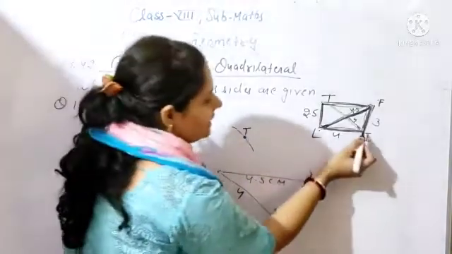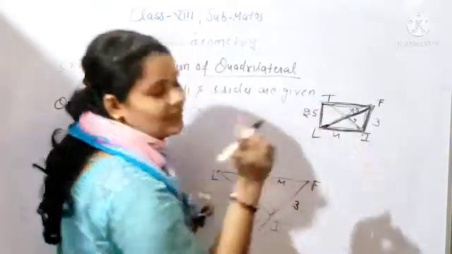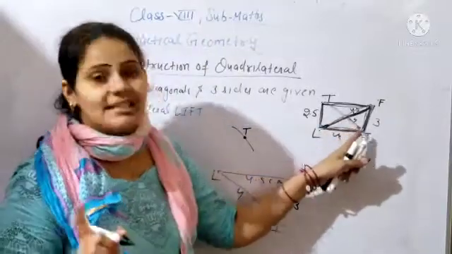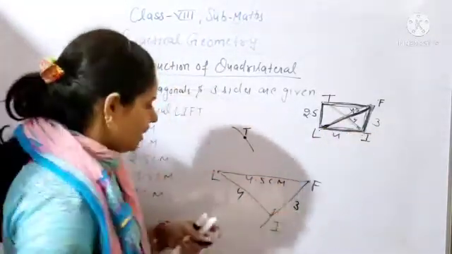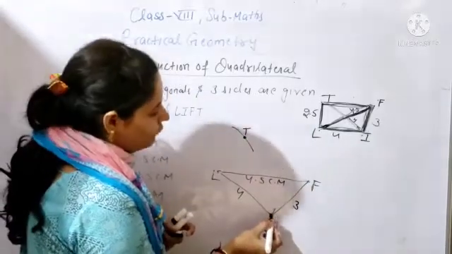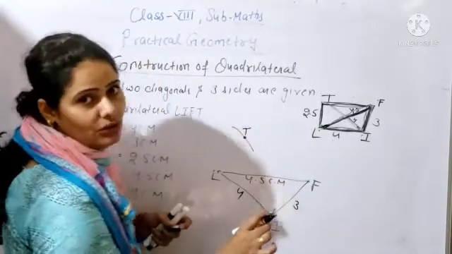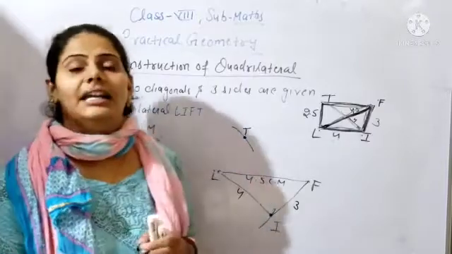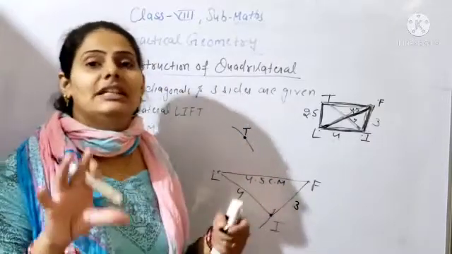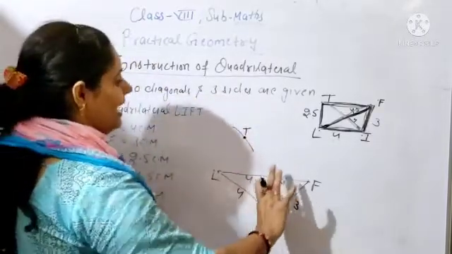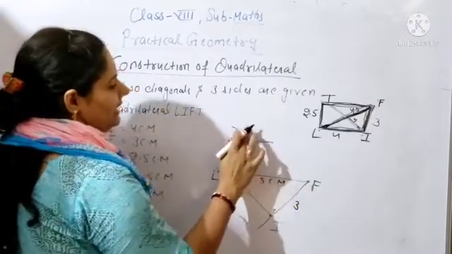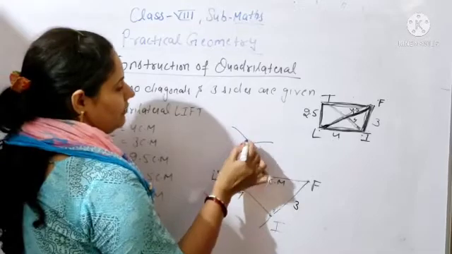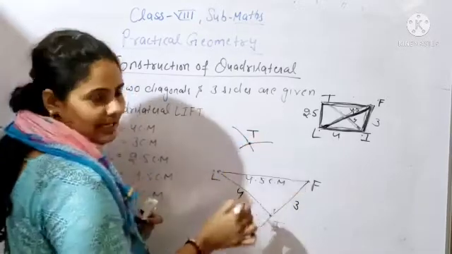But you can see from point I, the IT length is given. And what is this length? This is another diagonal. Okay, and what is the length of IT? It is 4 centimeter. So you have the point I. So from point I, beta, what will you do now? From point I, you will open your compass with the help of a ruler 4 centimeter and draw the arc. So this arc will cut this arc, and the intersection point of both the arcs will be point T. Clear? Now what will you do?